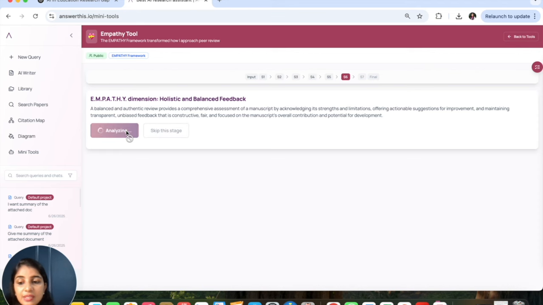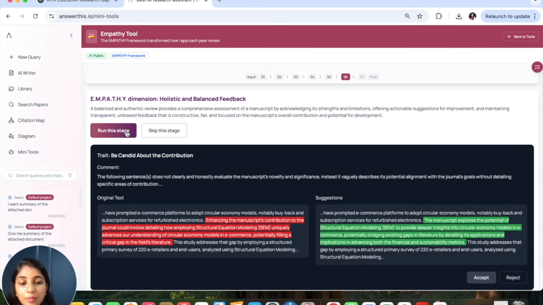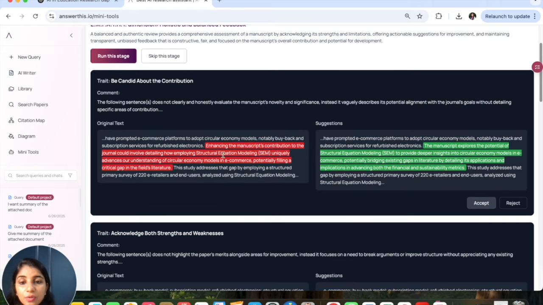So I will run this stage. Whatever stages you want to run, you should run, because I am 100% confident that after incorporating the suggestions provided by this empathy tool, your manuscript will become more refined and there will be more chances of acceptance. So now you see that the original text was this, and it has replaced it with this, that